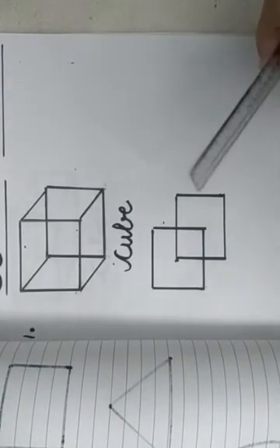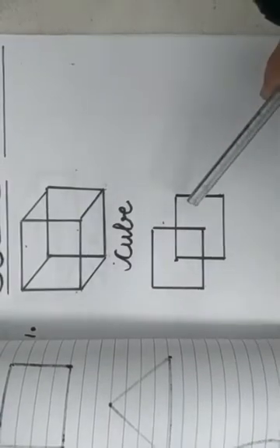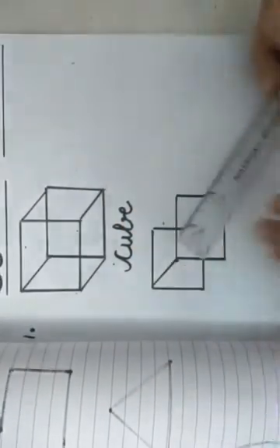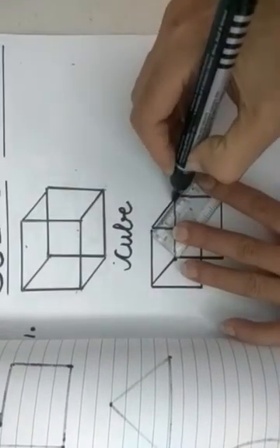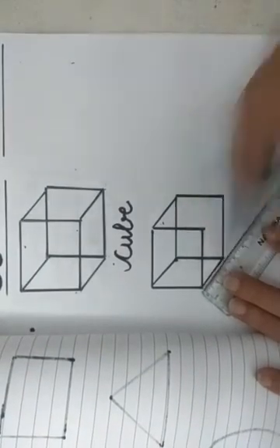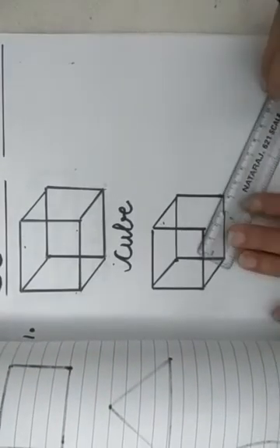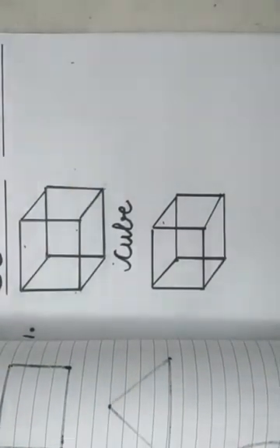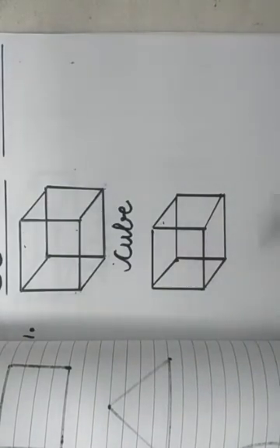Now what you have to do? You have to match the corners of this square with the other square. Now join their corners. This one. Now you can see you have to match these like this. Now these. Now which ones are left? These corners are left. Join them. Now you can see it's very easy to draw a cube. So you use the same trick to draw a cube.